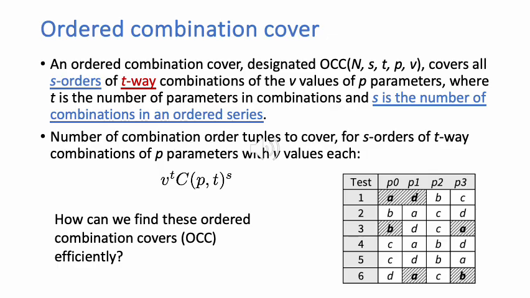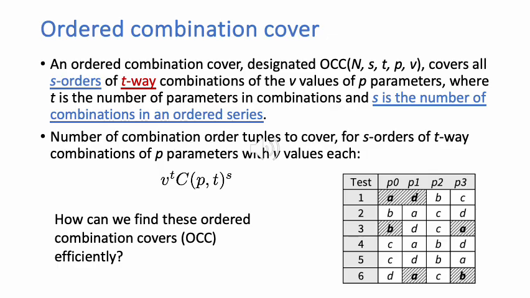Of course, T-way combinations are as what you would have in any covering array, and we're looking at orders of length S. So what that means, of course, is that a particular combination is eventually followed by the other combinations in the order. For example, the one that we gave earlier, where P0, P1 equals AD is eventually followed by